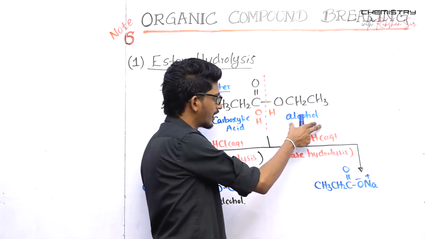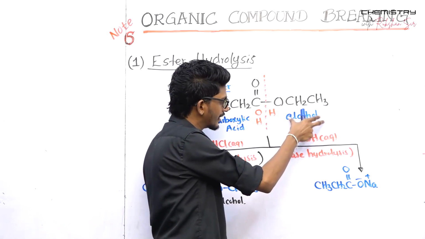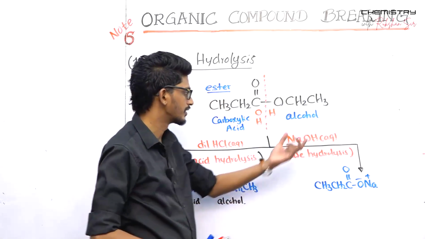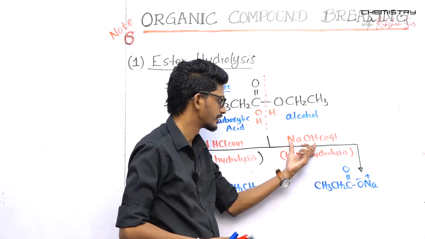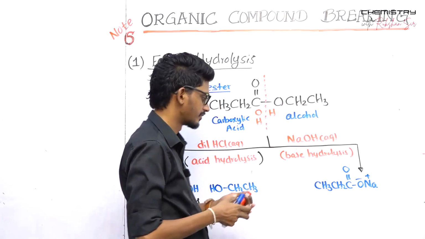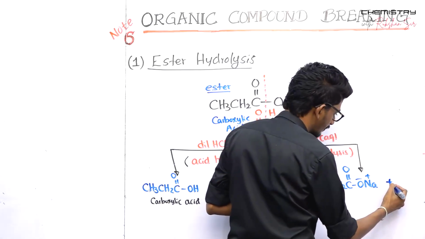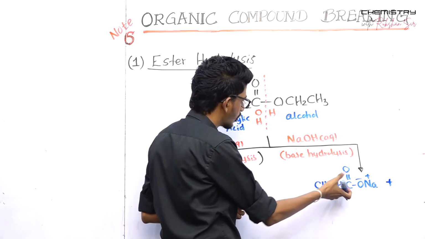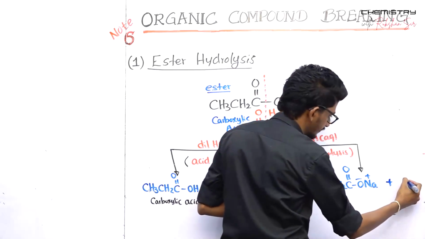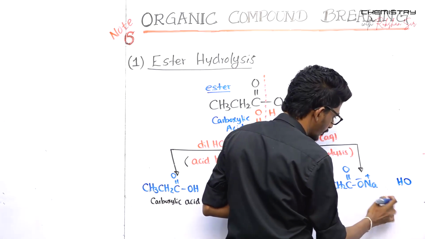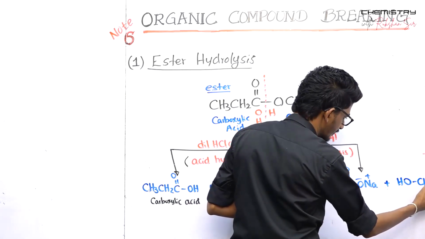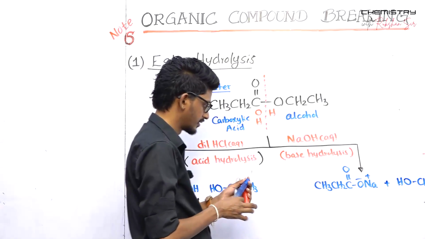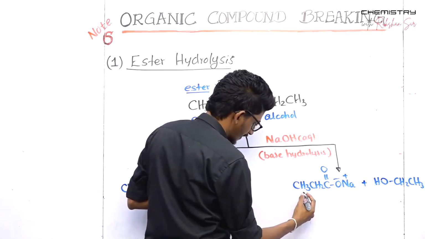And as alcohols do not have a considerable amount of acidity to react with the NaOH base, it won't react, right? So the final two compounds in a base hydrolysis reaction are going to be a carboxylate anion, the salt, and the alcohol. So these are the two products you would observe by the base catalysis of an ester. What are the two products? The carboxylate anion or the salt,